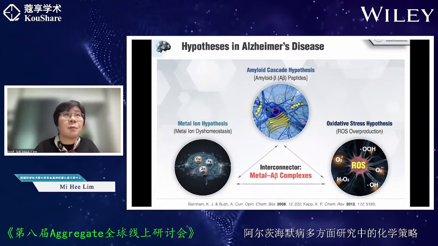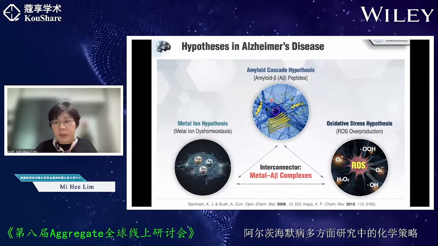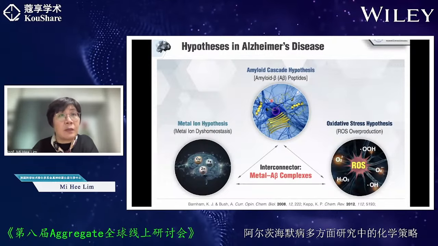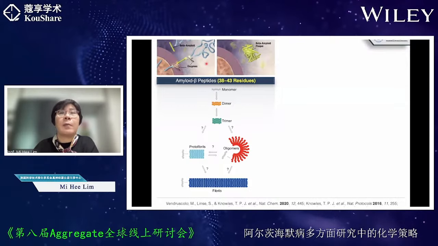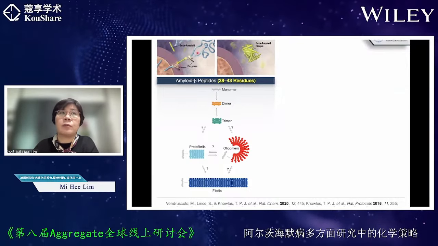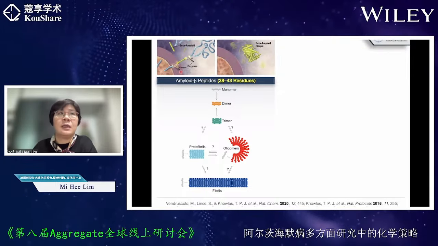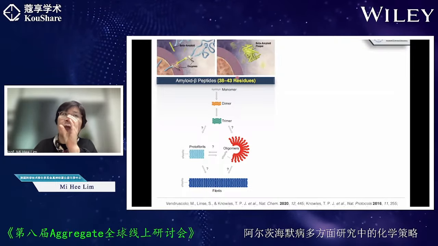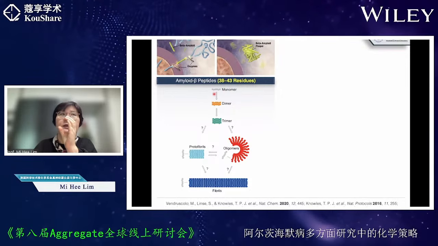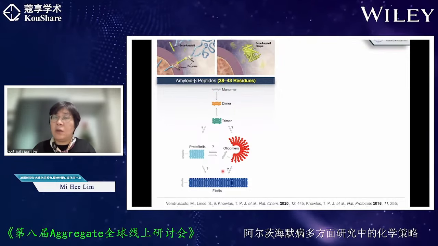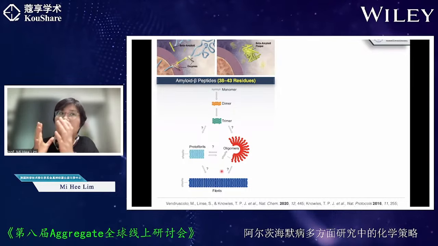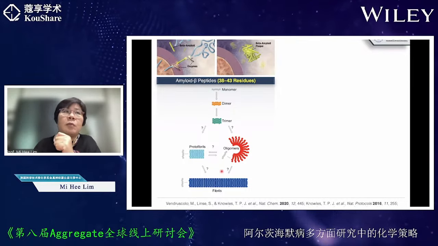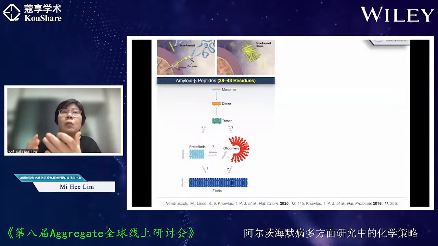The amyloid cascade hypothesis claimed that A-beta peptides are the toxic species leading to Alzheimer's disease. A-beta peptides are generated from the cleavage of the amyloid precursor protein by beta and gamma secretase. This generates a small peptide; the monomeric species tend to aggregate, as shown here, going to dimers, oligomers, and fibers. But many recent experimental studies suggest that smaller aggregate species, including the dimer and oligomer, are more toxic than the fiber.